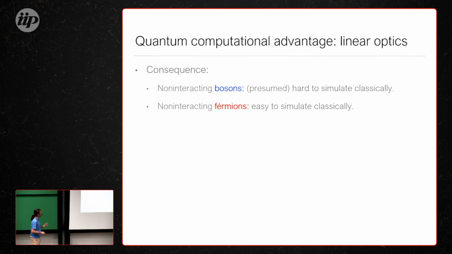And I personally find that fascinating. That's the thing I've been thinking about since my PhD. The title of my PhD is The Computational Power of Non-Interacting Particles, because half of it is about fermions and the other half is about bosons. I think this is super interesting: this fundamental connection between the computational power of a physical system and the nature of identical particles, just being bosons or fermions.